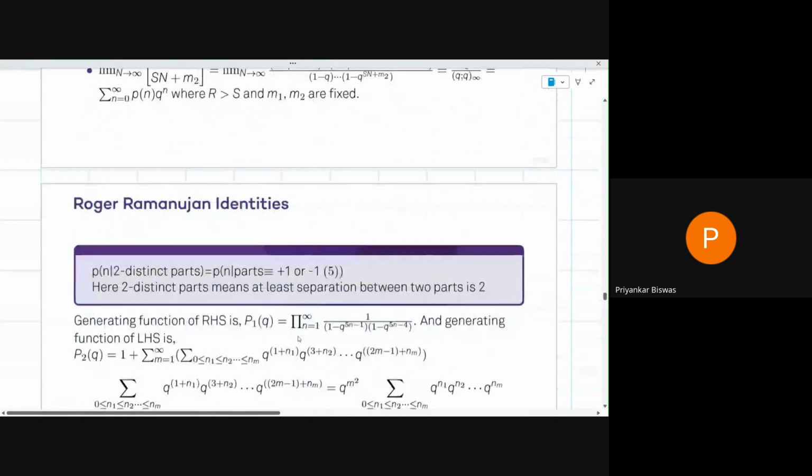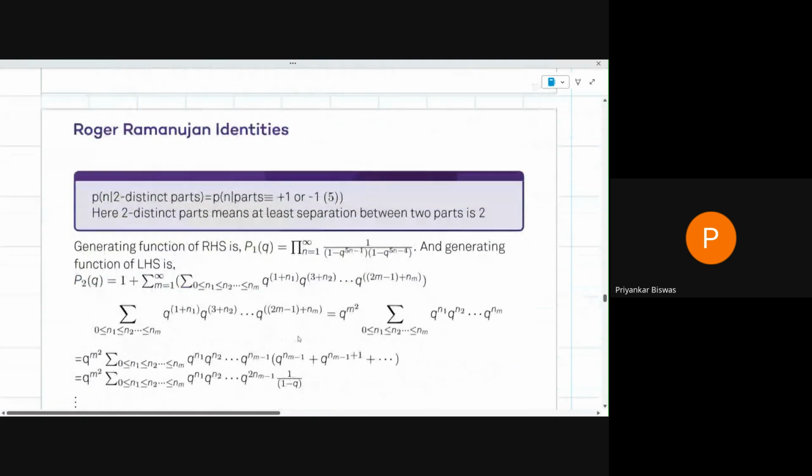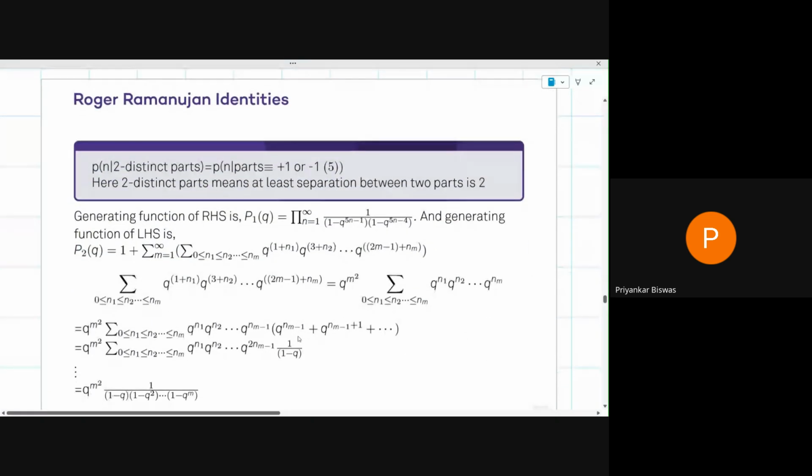Now we'll talk about the Rogers-Ramanujan identities. I will talk about the first one, and then the second one is not actually, I don't know if it has any actual representation in partition forms, but it is an expression in